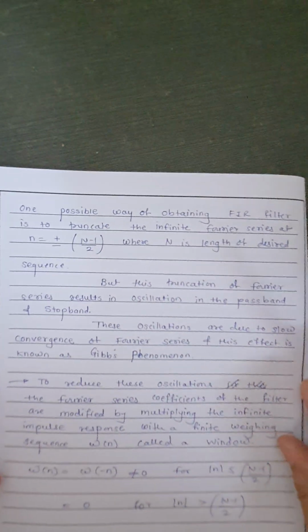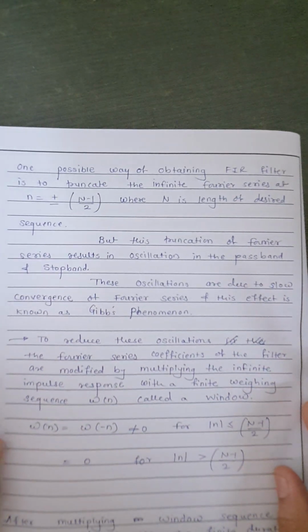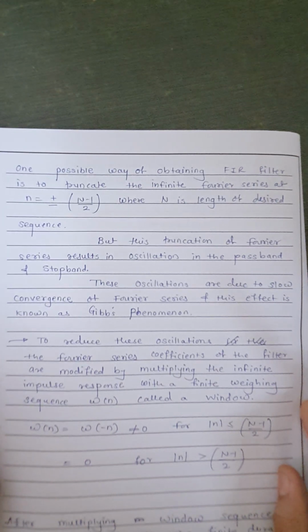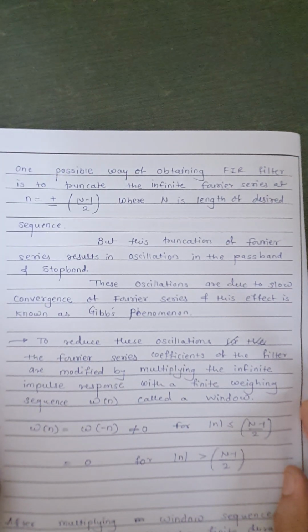Also, the impulse response h_D of n is given by 1 upon 2 pi integral from minus pi to pi H_D of e raised to j omega into e raised to j omega n d omega. One possible way of obtaining FIR filter is to truncate the finite Fourier series at n equal to plus